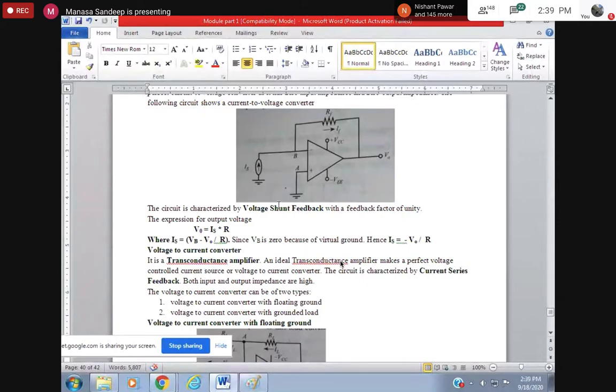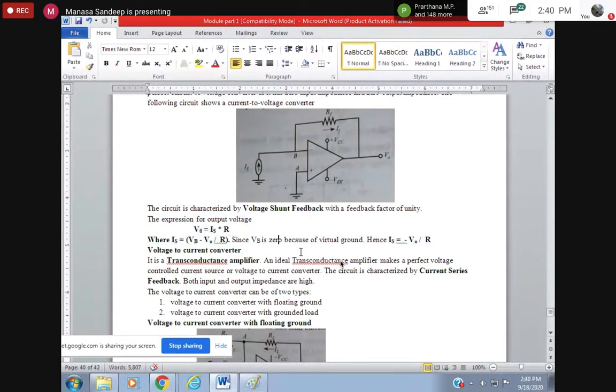Here the current source will be connected at the input side, and at the output side we are going to get the converted output. The expression to represent the output voltage is V0 = Is × R, where Is is given by (Vb − Vout)/R, because it's a feedback point. Here Vb comes from the virtual ground concept. If you know this, fine. Otherwise, forget it, no need to scratch your head over these things. If you are capable of writing these three formulas, it's well and good.